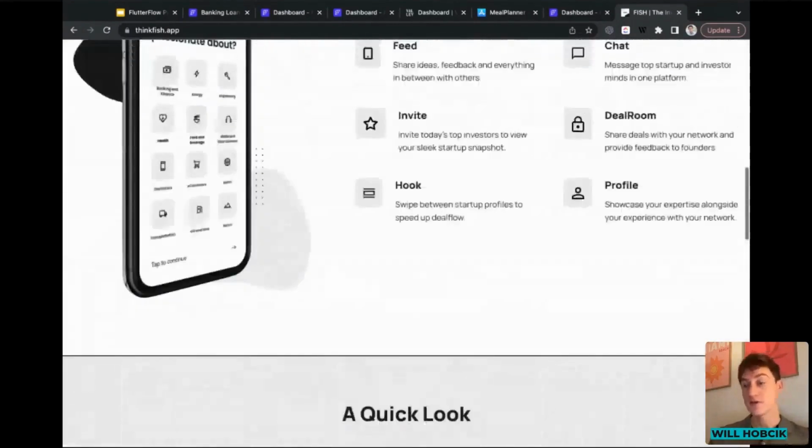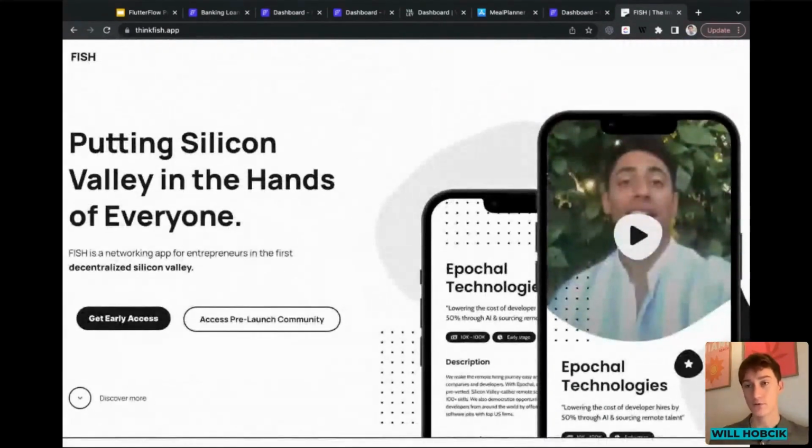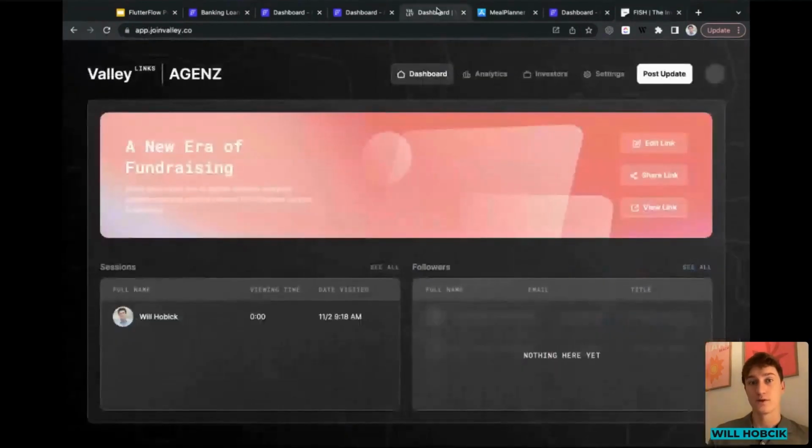Now, this actually pivoted to a web app when FlutterFlow released its web app feature. So you can now, right, if you're not aware, you can develop complex web applications on FlutterFlow. So we built what we pivoted to, which was Valley. So Valley is a DocSend competitor. If you're familiar with DocSend, a founder or business owner could go on, paste their LinkedIn account URL for themselves and for their company. And with that, they would get all of their data scraped. We would scrape it via an API and build a one-pager for that business, right?